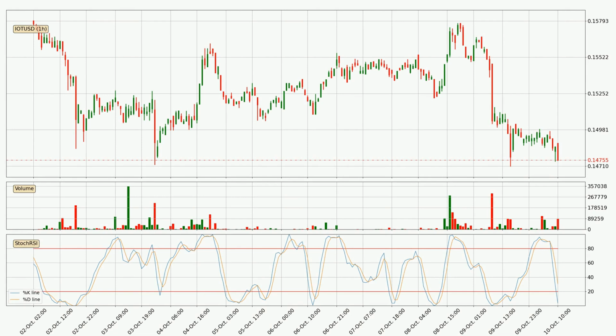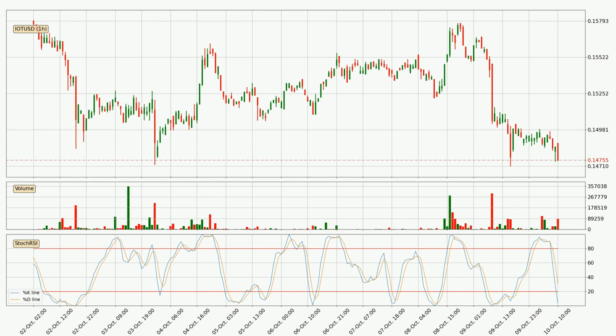Moving to the hourly stochastic RSI, the crypto is being oversold because both the %K and %D lines are currently very low. This means that we can expect a change in the trend, or for the crypto to remain at least stable for some time. You should wait to see if the trend will in fact go up, because the K line has yet to